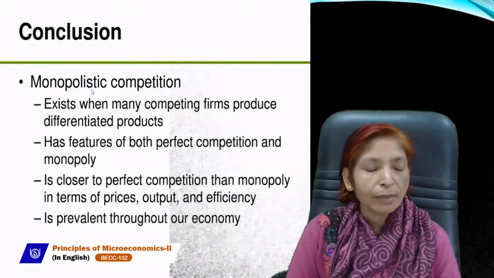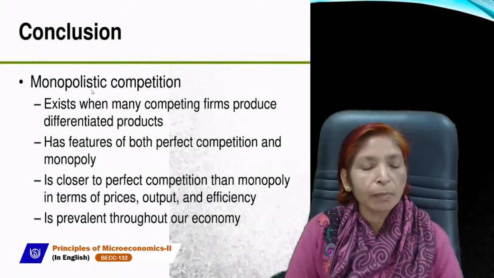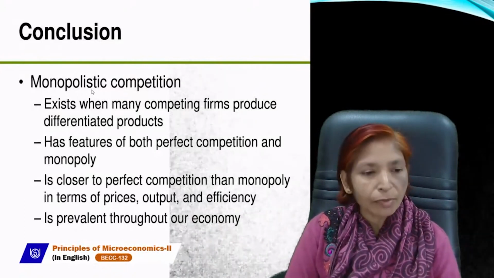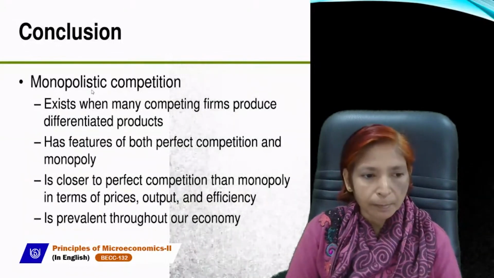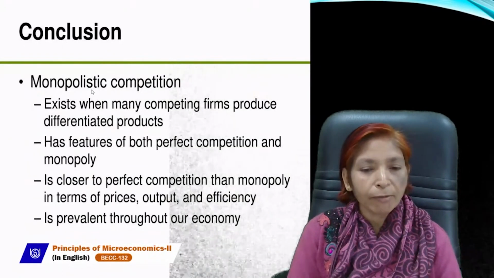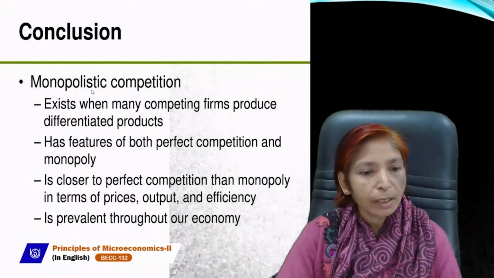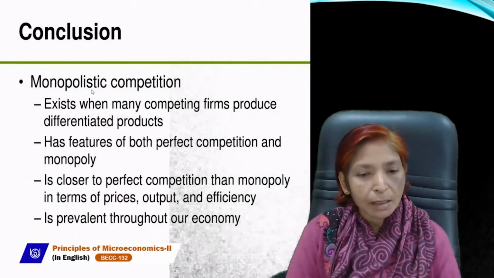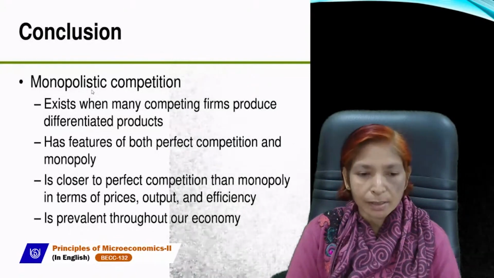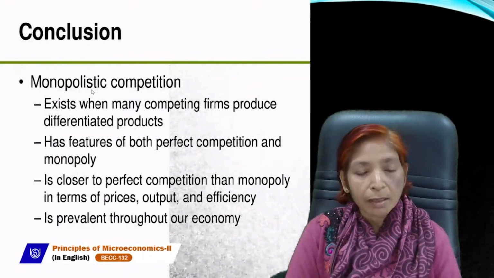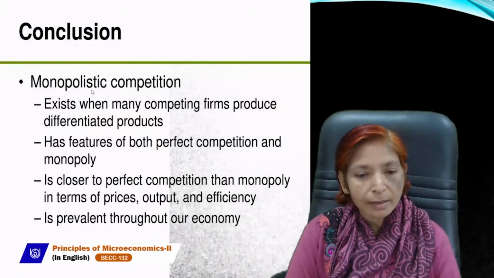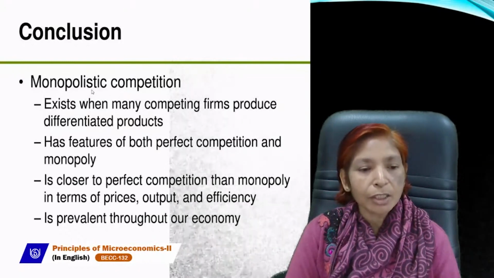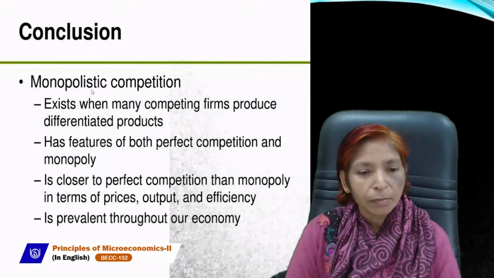So we can say that the monopolistic competition market is a mixture of perfect competition and monopoly markets. It is closer to perfect competition than monopoly in terms of prices, output, and efficiency. And this is a realistic market which exists at present,